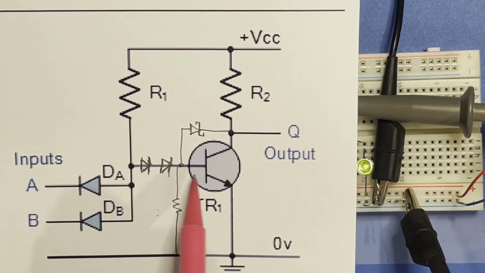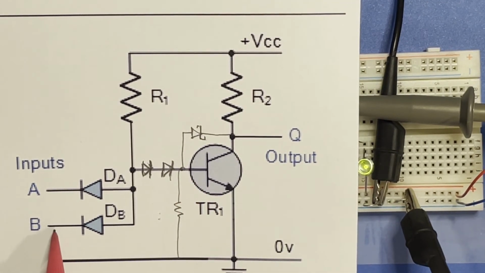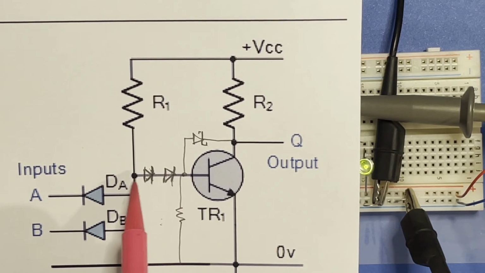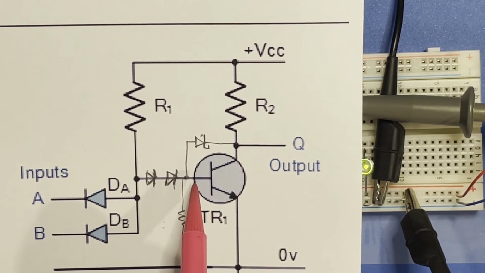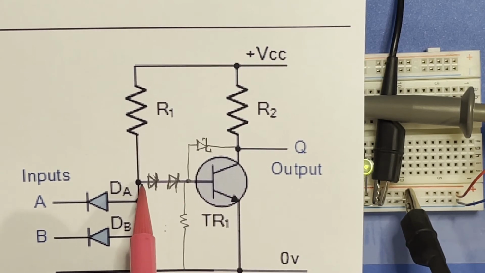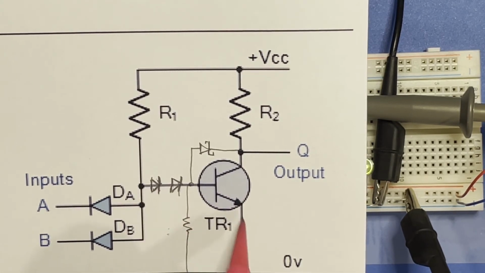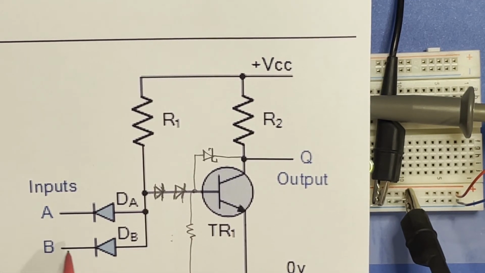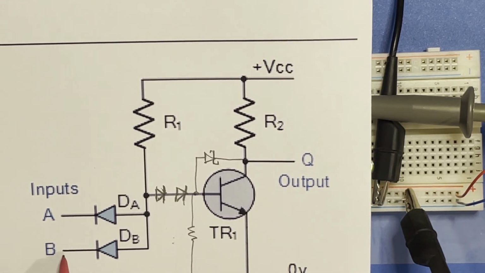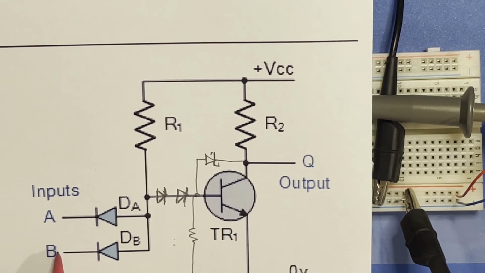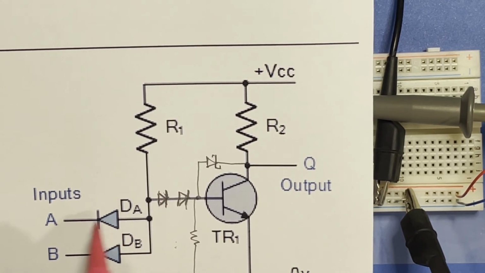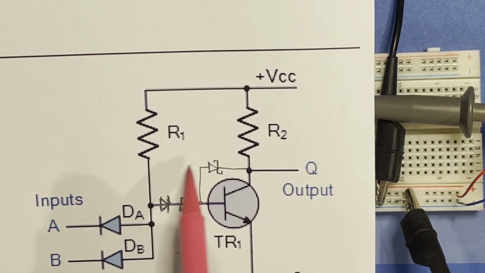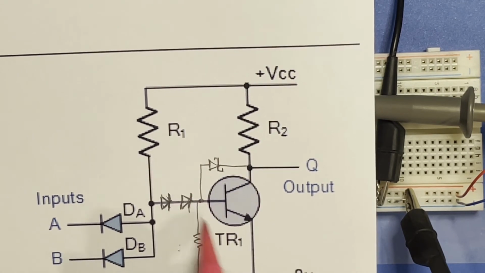It's 2 diodes, so the input doesn't have to be at 0 volts to kill the base current through those 2 diodes. Now that needs about 1.8 volts, 3 diode drops minimum on that junction point there, before the transistor will turn on. So it can stand a significant offset at the input rather than having to be at exactly 0 volts. And as long as it's a sensible low level, the transistor will still turn off. Then that's the Schottky clamp that turns it into a Schottky clamp transistor, or a Schottky transistor,